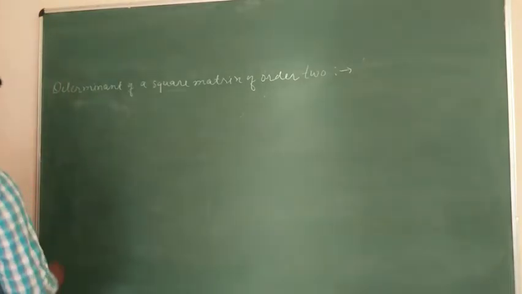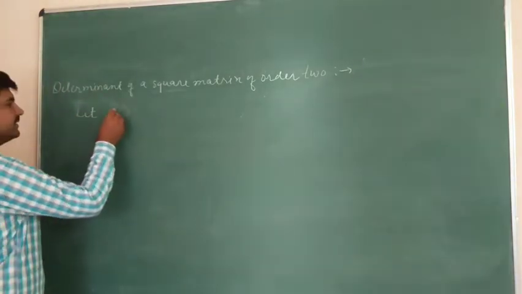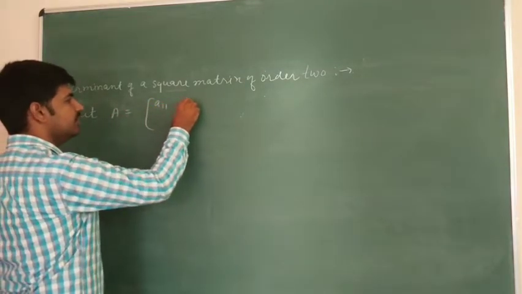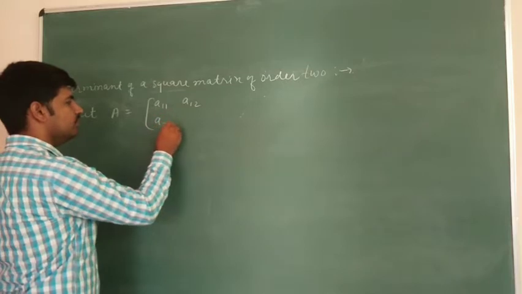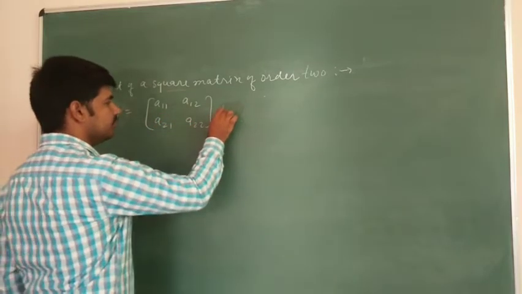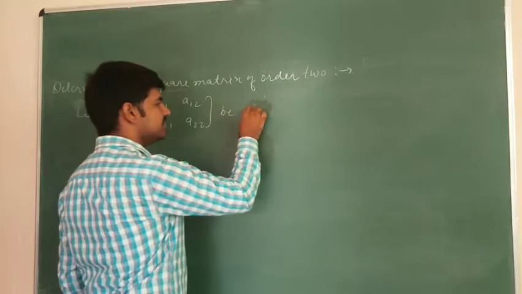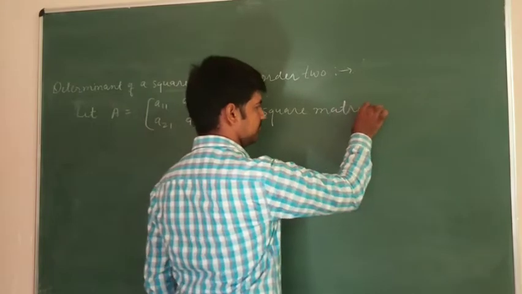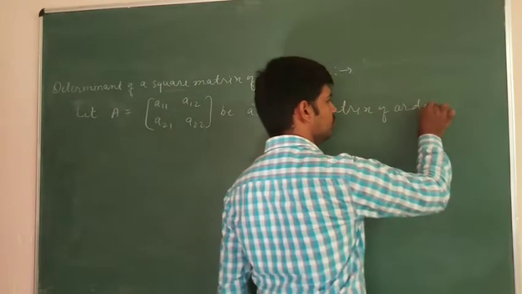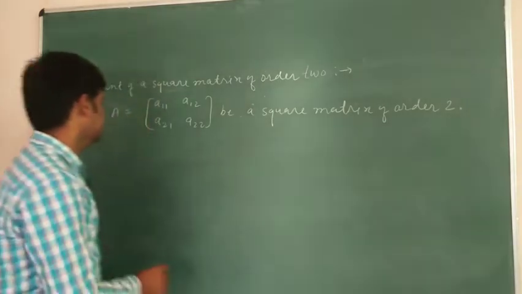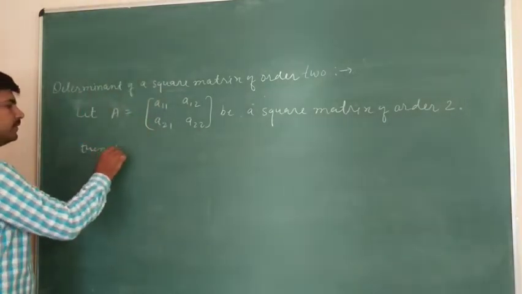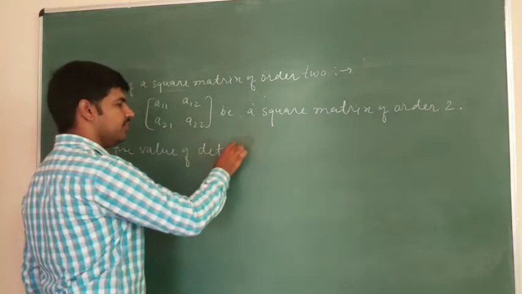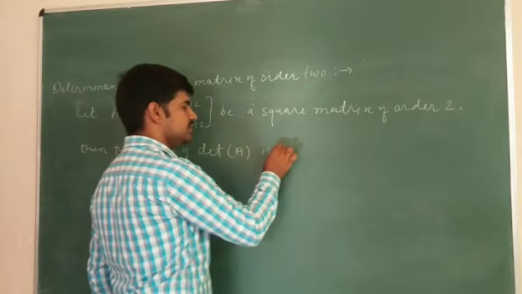Dear students, let A = [a11, a12; a21, a22] be a square matrix of order 2, then the value of determinant of A is given by